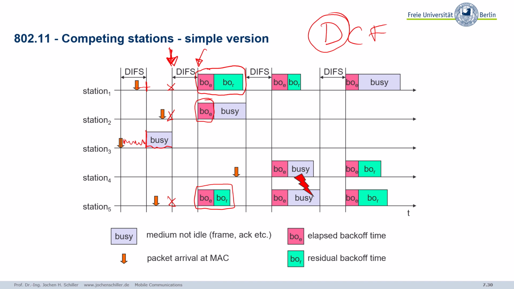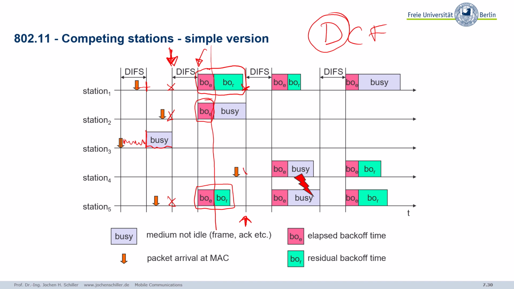So exactly at this point in time, they stop their timer and they have a residual backoff time, and they store the residual backoff time. All stations have to wait until sending is over. Now we are here. That means station 2 stopped sending, and now station 1 again is waiting here,